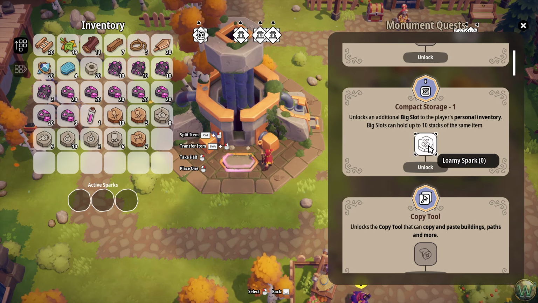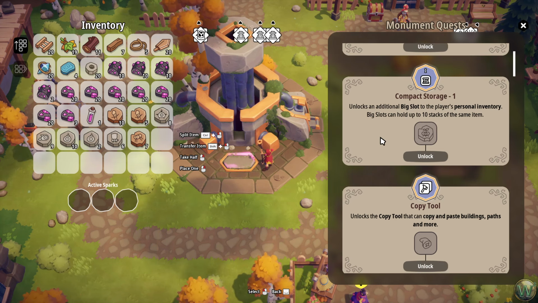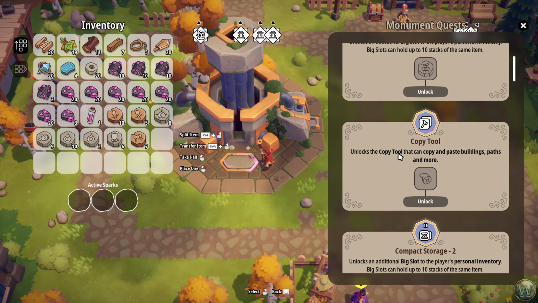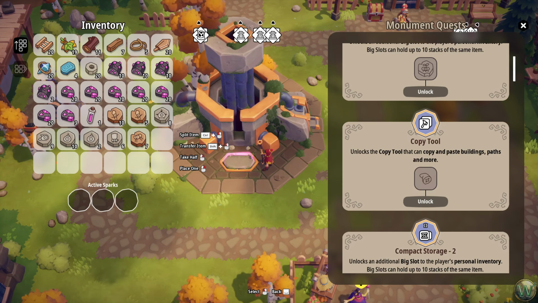Compact storage by using a Lomi spark. If you recall, the Lomi sparks were kind of not so useful previously. They're a little more useful now. With that, the patch notes give a little hint. They're a little more useful now with the spark thrower. A copy tool can copy and paste buildings. Okay, we need a Pengus tendon for that. So Lomi, Pengus,